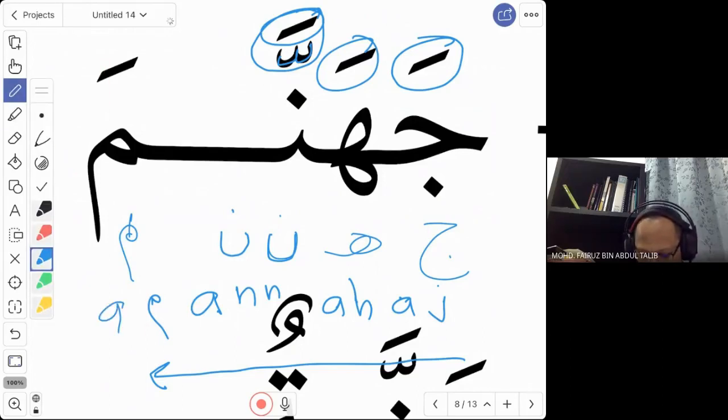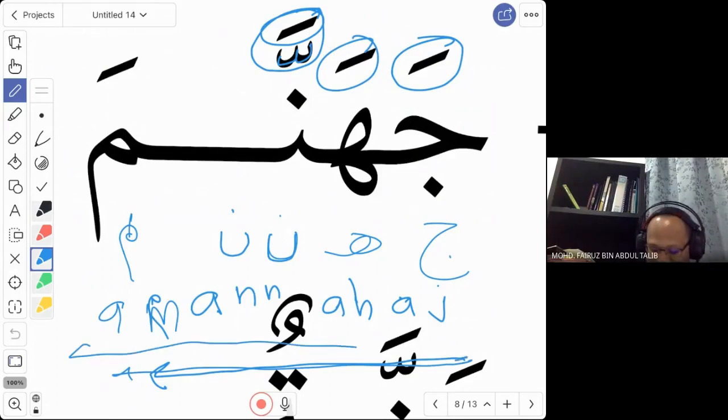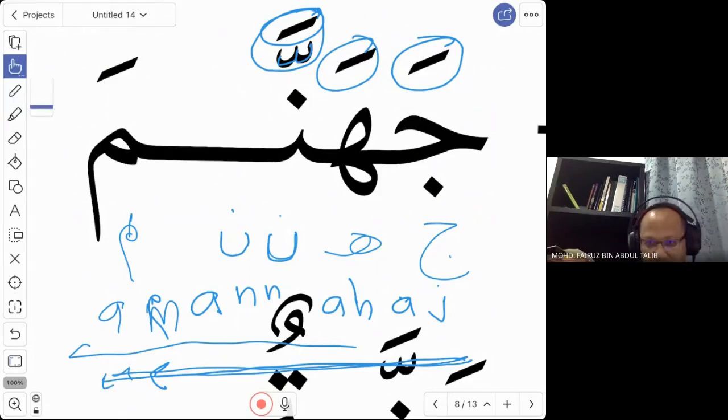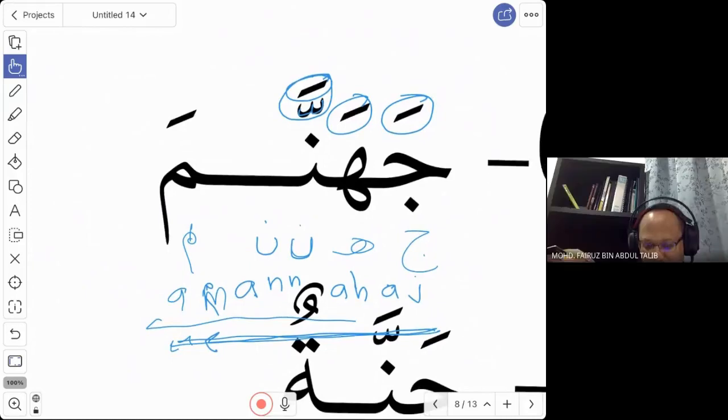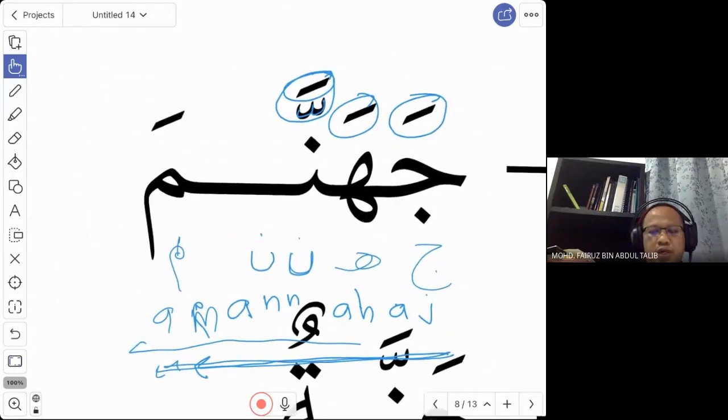Of course, you have to read from right to left. Don't read from the left. So, Jahannam. This is how we read it. Jahannama. Is it okay, Mustarik? Yes, sir. Try this. You need to work hard, because next week we are going to start with the content, reading and everything. So try very hard.